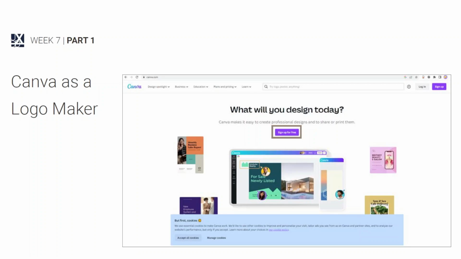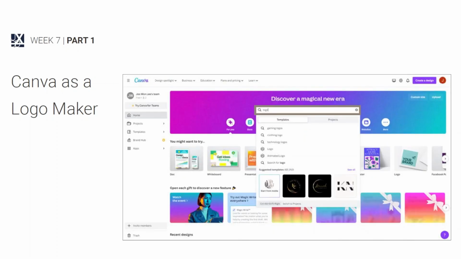And nowadays, not necessarily only the designers, but the employees get to create logos as well. So knowing how to create logos, I think that's a good thing. And we are going to use this template website called Canva. It's very easy to use, and it's very popular nowadays because it gives you great results. So this is from the Canva website, and you can type in a keyword